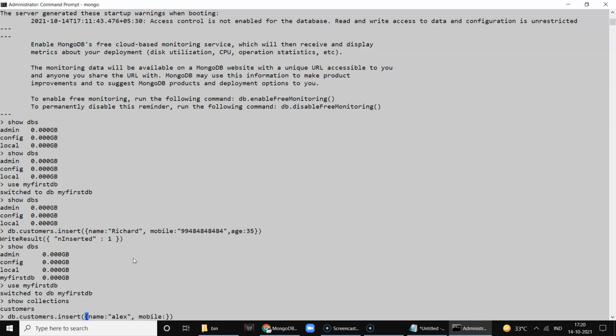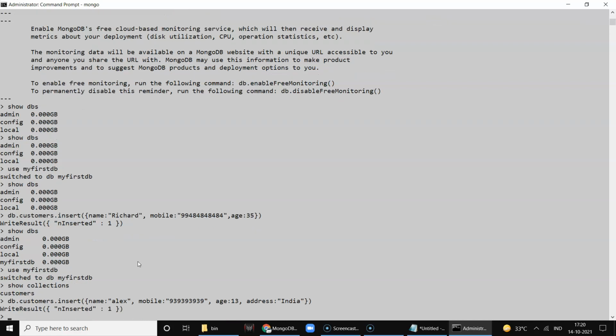For example, for this customer, that is Alex, we can have one more parameter called address, and we say enter.